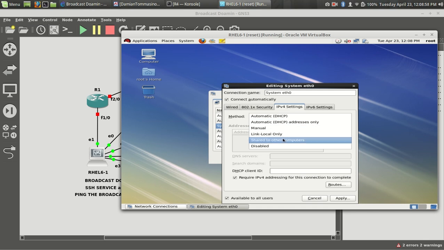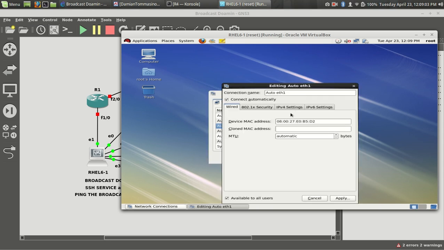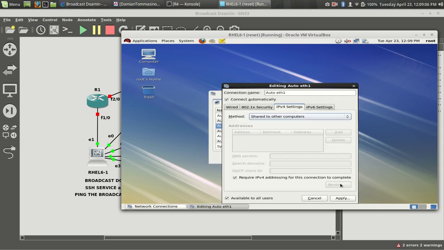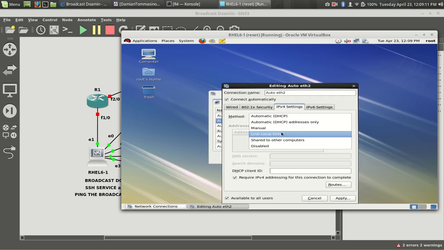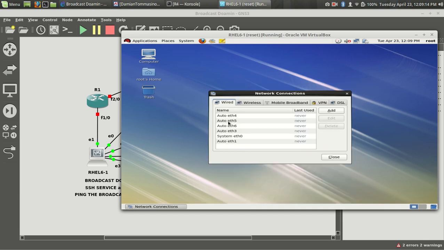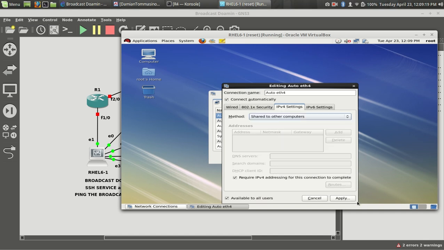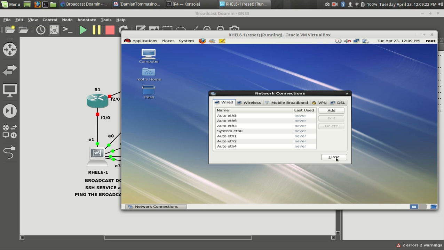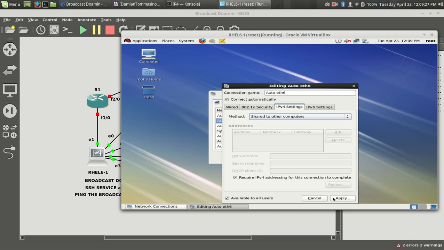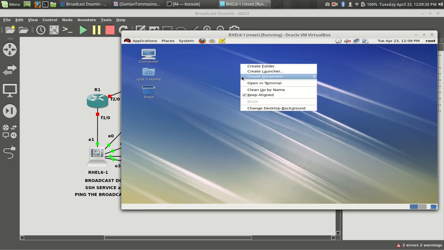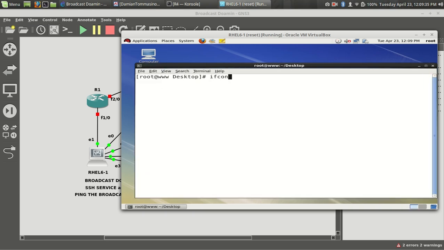At the end, I will represent a class A IP address, a 10 IP address. I think I have finished or not. All interfaces I have to configure with the share to other computers option. It must be enabled. Firstly, I would like to check whether it is working or not. Fine. So I can see by using the command ifconfig,